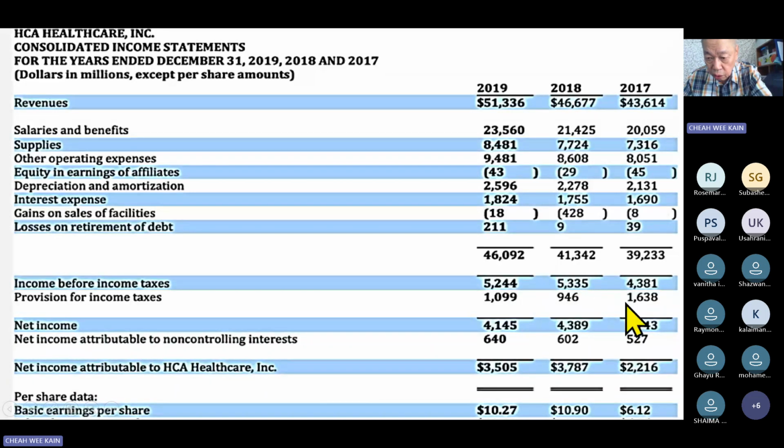Okay, so here you see a good increase, maybe 25%, and here you see a little bit down. We need to ask why. We need to investigate. Does the increase in sales justify this increase? Justify the supply increase, justify all other increases. Here they go and check one by one. Okay, so this is the income.